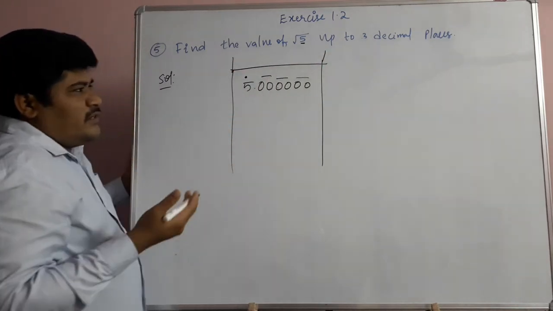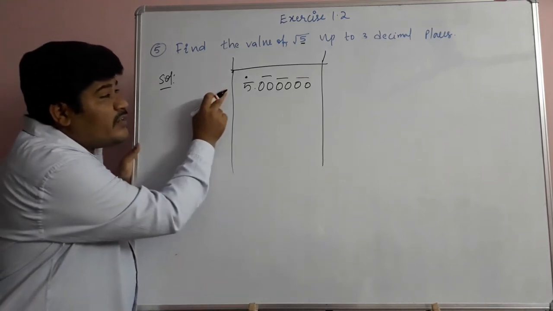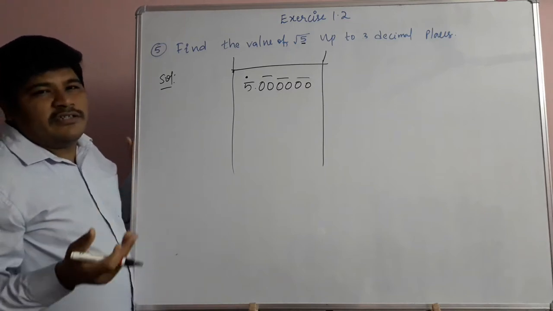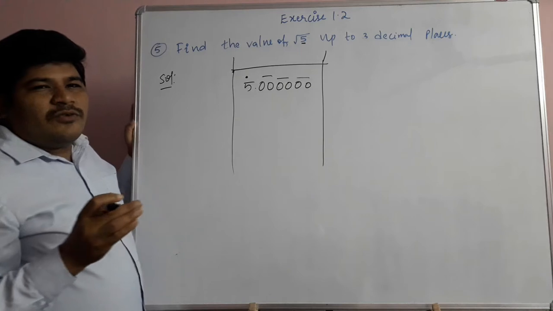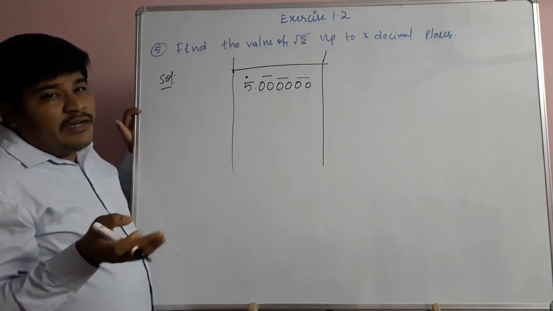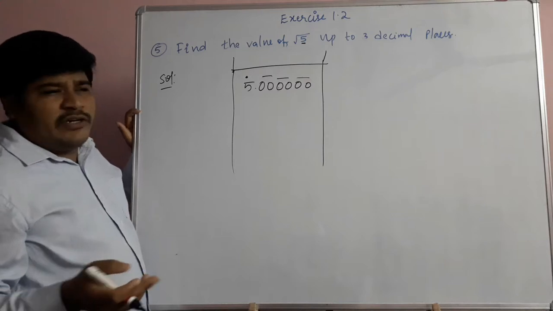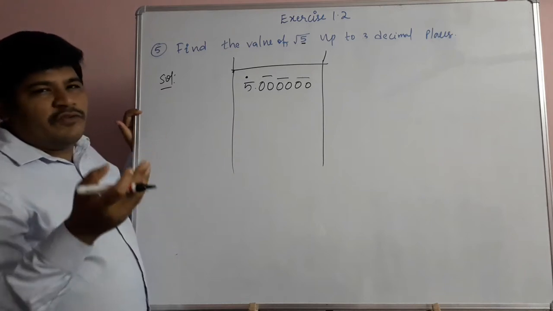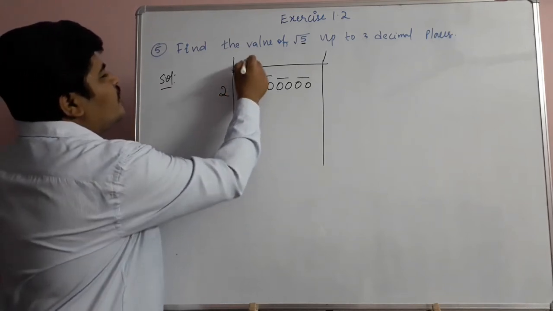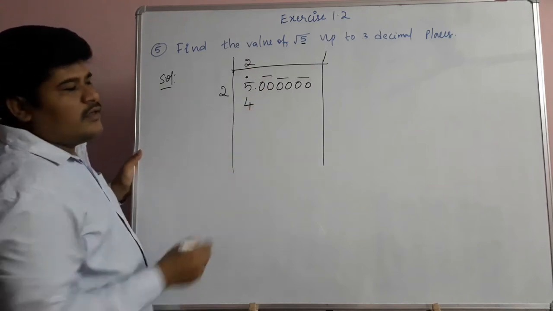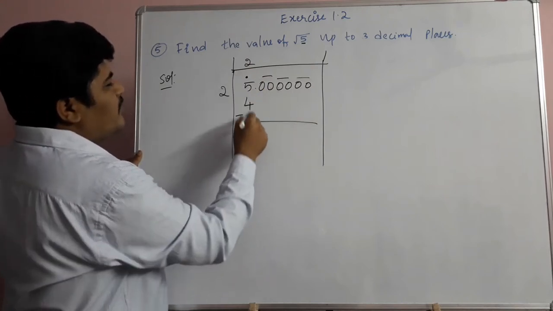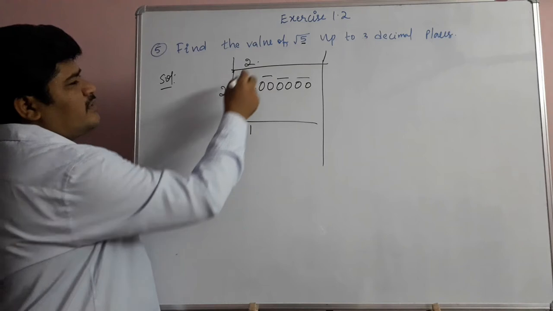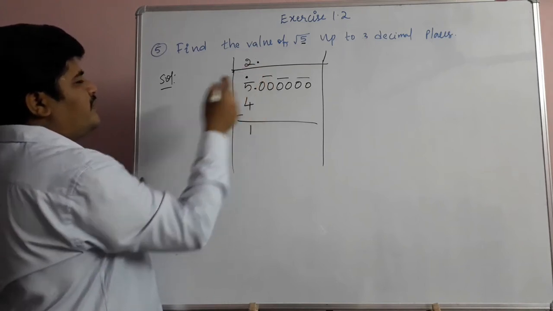Now, here one rule is there. Whatever number we are writing here, the same number we need to write here also. So either 1 ones, or 2 twos, or 3 threes, like that. Here 5 is there. You can take the nearest small number, or equal to the number also. Suppose 4 is here, you can take 2 twos are 4. 5 is here, the nearest small number is 4, 2 twos are 4. So here I am writing 2 twos are 4. Now I am subtracting this 4. 5 minus 4 is what? 1. Now children, here also we write a point, as we wrote the point here.